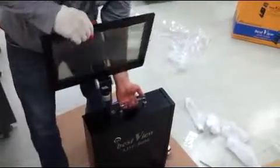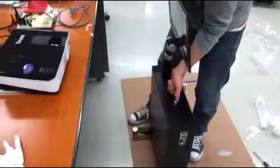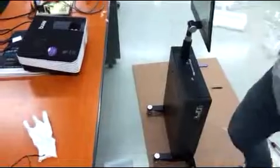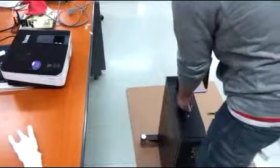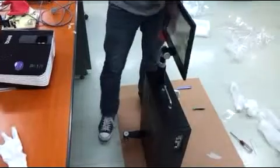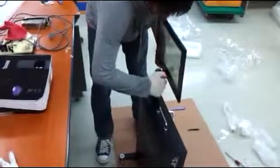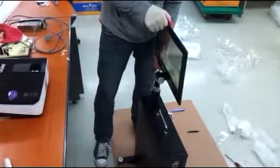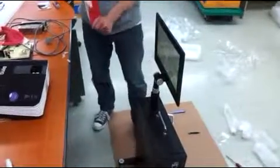After you're finished, place the bestView in front of the projector. I'm just using a small projector here. Place it in front, line it up. And then the filter is still loose here. So you got to tighten this dial here by turning it this way, so it won't move. After you're done with that,